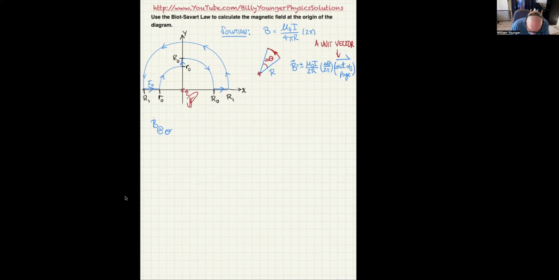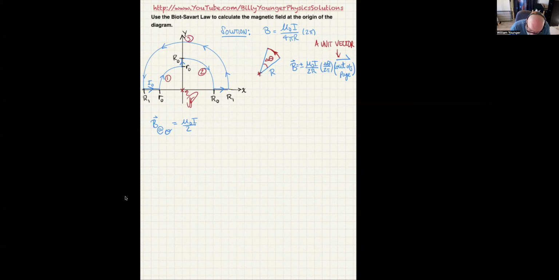I'm going to say B is equal to, now what I have to do in each case is notice I have a mu 0 I and a 2 in the bottom for all of the terms. So I'm going to go ahead and write mu 0 I over 2 because that's going to be common to all of the terms. Now I'm going to use my right-hand rule to attack each segment. And specifically, I only care about this segment 1, this segment 2, and then this segment 3,